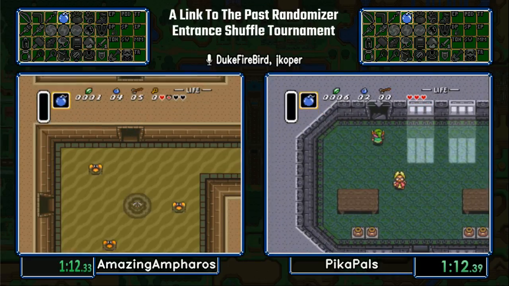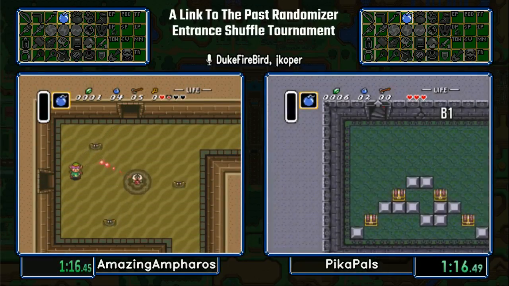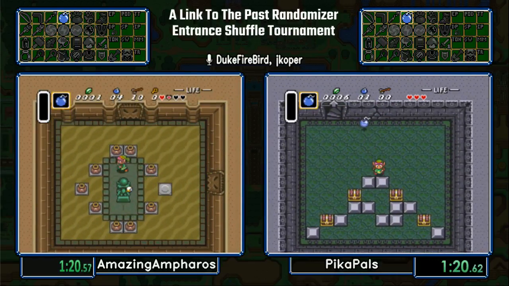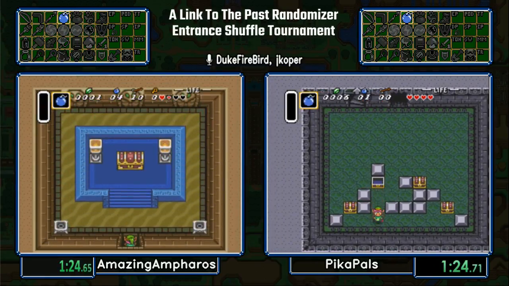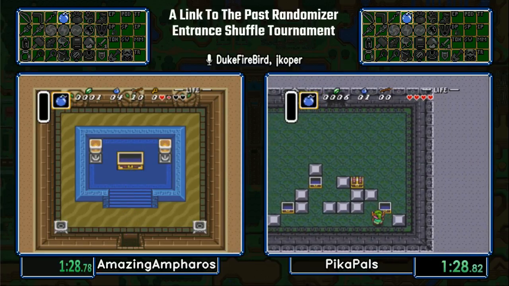And PikaPals finding Blind's hut. Okay, looks like the key's on the torch, so he won't be able to go to the back. But AA will be able to go out and check the other exits here to try to see if it takes him somewhere interesting. Yes. Hindsight, of course, a great find, but